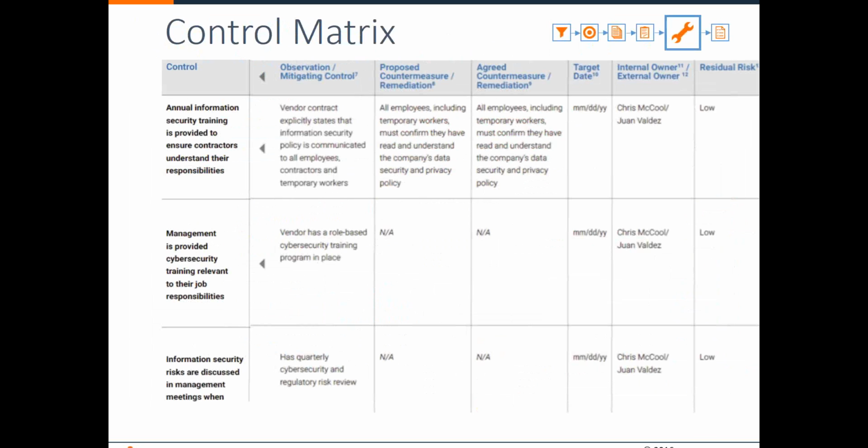Remediation has to be very, very specific. It has to be actionable. It has to have an internal owner who on your side is going to own the problem, making sure it happens. And there's got to be somebody at the vendor, your contact, who's responsible on their side. And you have to have a target date. When are you going to finish this thing? And so you have to have a closed loop here that goes from the process of identifying the specific control failures and then prescribing remediations for them and managing to those remediations